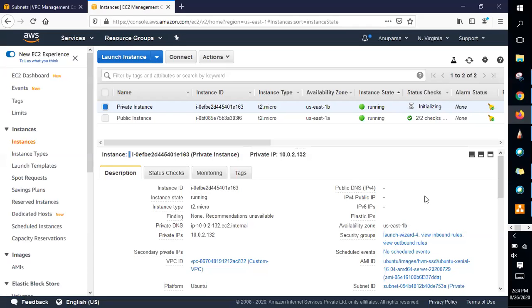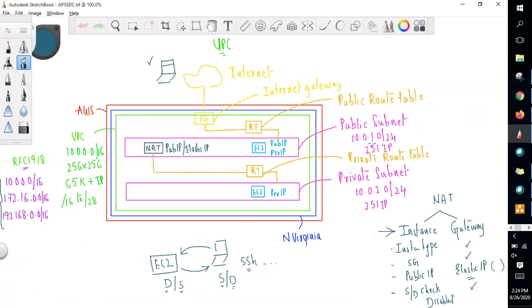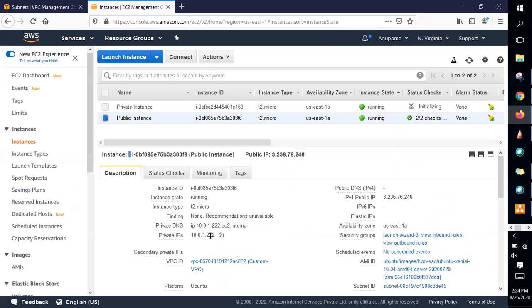And if you see the private IP addresses, this is the public instance, right? If you see the private IP address of the public instance, it is 10.0.1.222, right? See, it is 10.0.1 dot. So it can vary from 0 to 255, where the first four and the last one are reserved by AWS. Okay, and the IP address of this instance can be between 5 and 254. So it took 222 from there randomly.